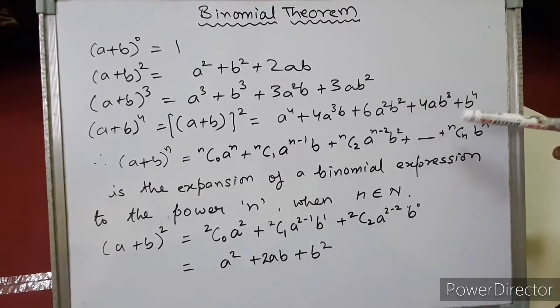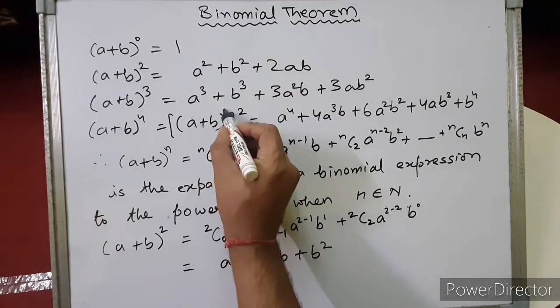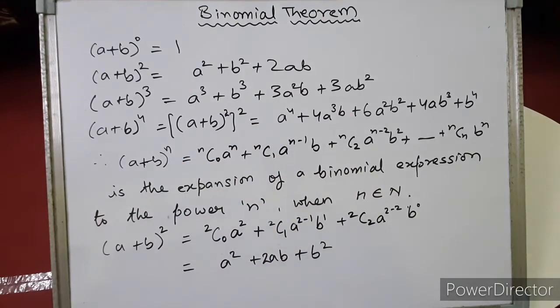And if it is written a plus b to the whole power 4, then it can be solved as a plus b to the whole square, to the whole power 2. That means when we expand and solve, we'll get a to the power 4 plus 4a cube b plus 6a square b square plus 4ab cube plus b to the power 4. So from here we can say that if we expand a plus b to the power n, then the